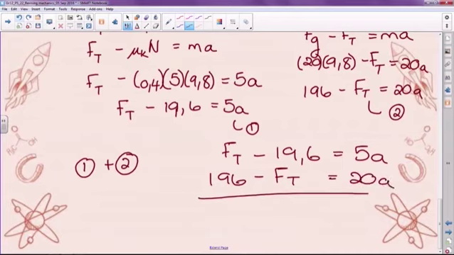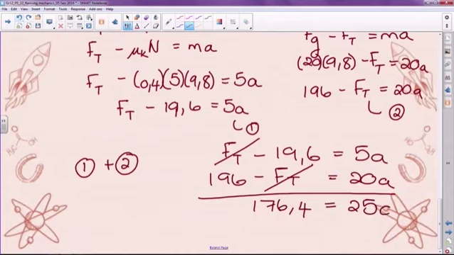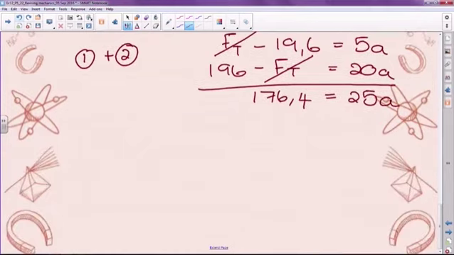The reason why I do this is if I've set the equations up correctly, Ft cancels. That means that now I have 196 minus 19,6, which gives me 176,4, which is equal to 25a. And then, to get a on its own, I'm going to go 176 divided by 25, which gives me 7,06